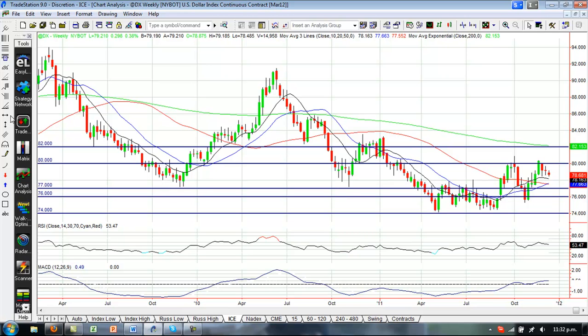So I'm looking at this now and thinking, right, any breakdown through the lows of these weeks, and in fact I said it last week as well, that a breakdown through those lows would be bearish. We didn't get that, we had the inside candle, but now we'd be looking for a breakdown through those lows this week.